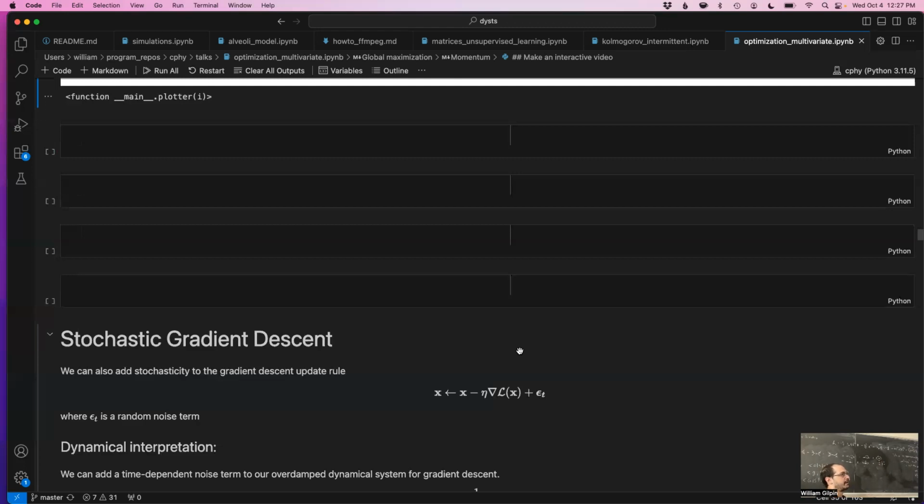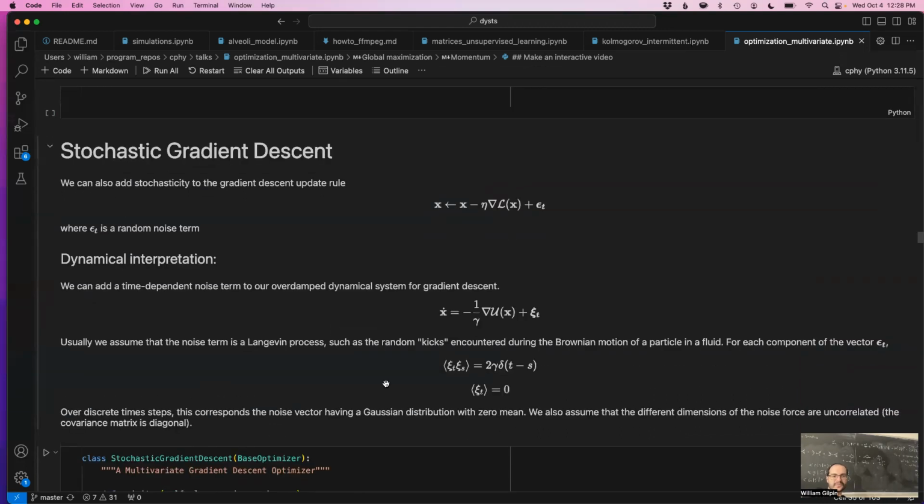And for our purposes, we're going to focus on additive noise. So basically, I do gradient descent, then I just add a random number. So the implementation is pretty simple, but it has this interpretation of Langevin dynamics or something because we have no correlations. Okay, so I write a little bit about it here, but in practice, if I assume that